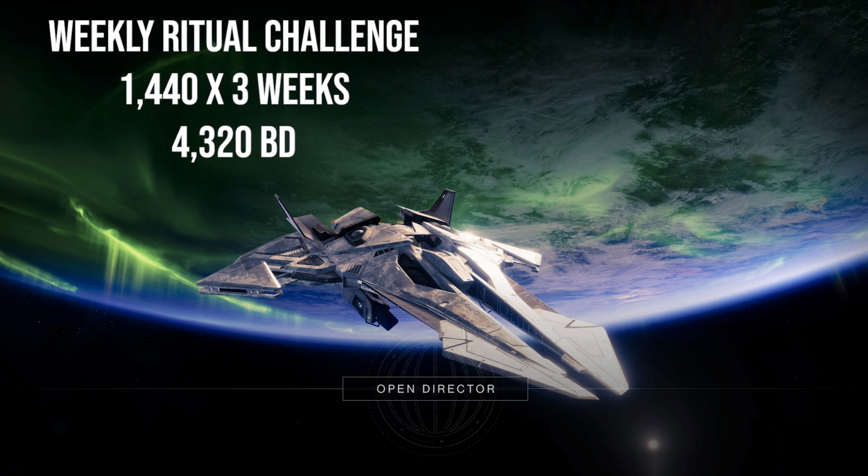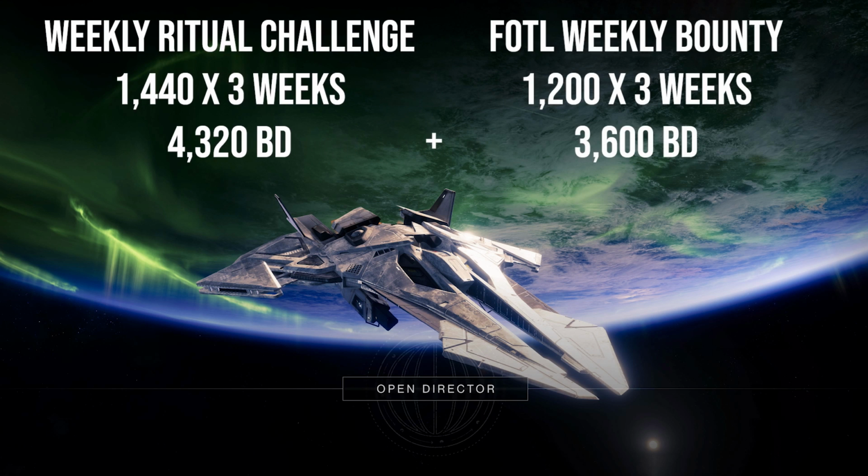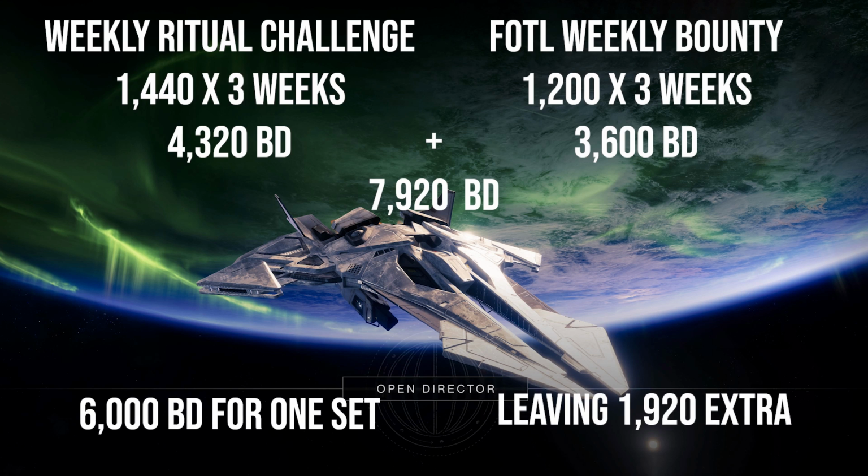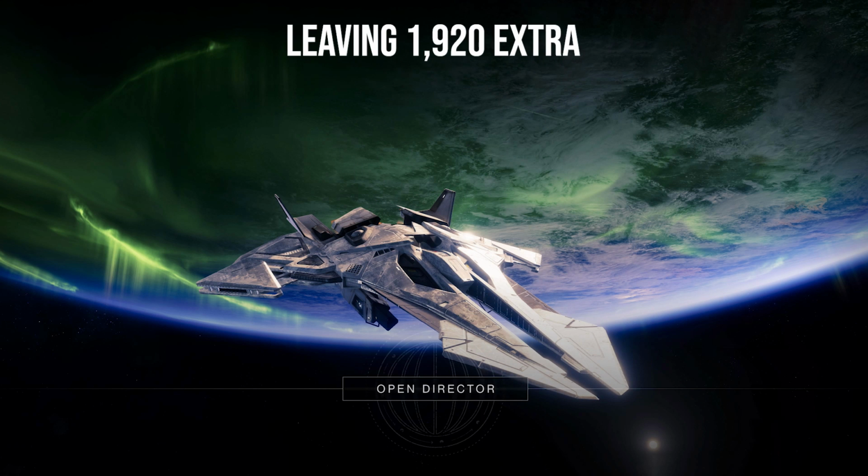Let's add that number to the number from the weekly Festival of the Lost bounties. Remember, that was 3,600 if we did it every week on all 3 characters. And now we're at a total of 7,920 total Bright Dust. So if you want another armor ornament set from the event, you'll need to scrounge around for about 4,000 more